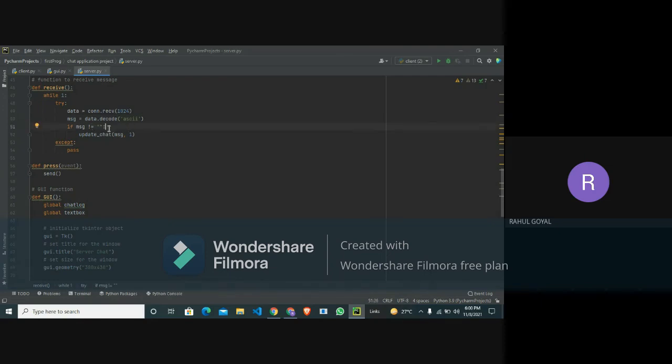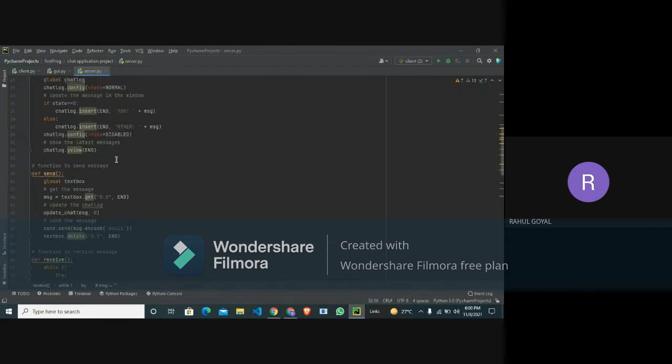If the message is not null, then we update our chat, which we discussed previously, with two arguments: the message and the state. Here the receiver receives the message, so the state is 1, and the exception is pass.